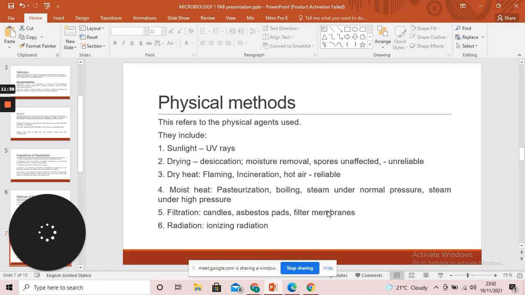Filtration, such as filter membranes. An example is filtering samples in the lab, where you filter out the bacteria while allowing the virus to pass through the filter membrane, and then you collect the virus for study. The last example is radiation, where we have an example of ionizing radiation, which is used to